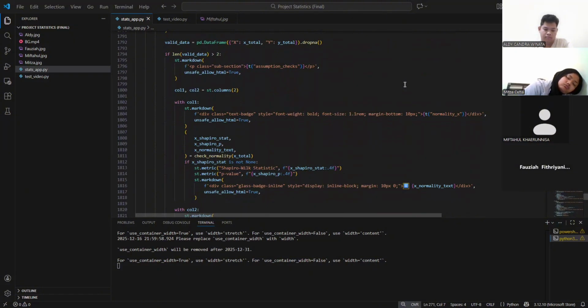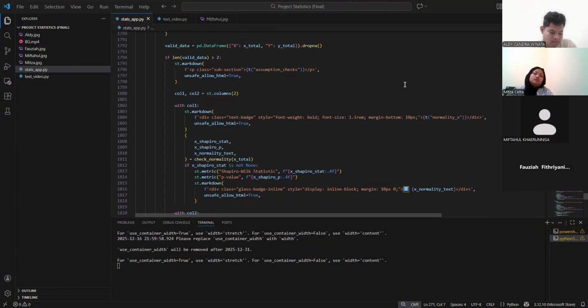Rows 1800 to 1900 present data visualization for the composite score. Rows 1801 to 1803 display the title of the visualization section. Rows 1805 to 1806 create a two-column layout to organize the visual output.